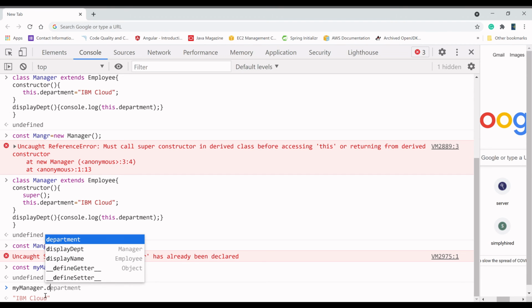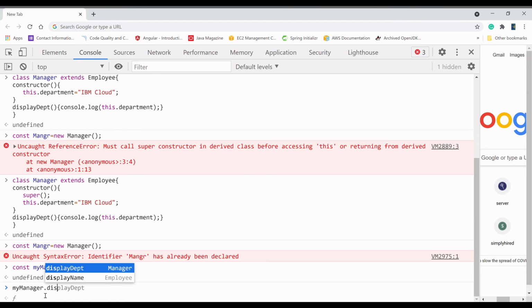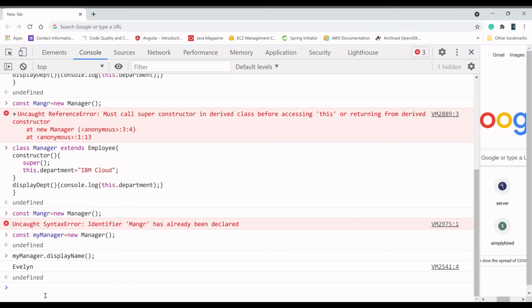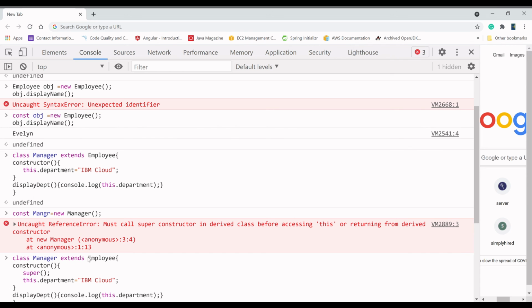Rather than calling the department, I can call display name, and I can call display department, right? So see, manager name is Evelyn and department name is IBM Cloud, right? We are getting it here.